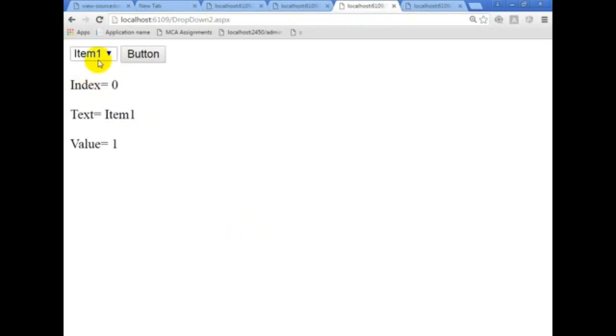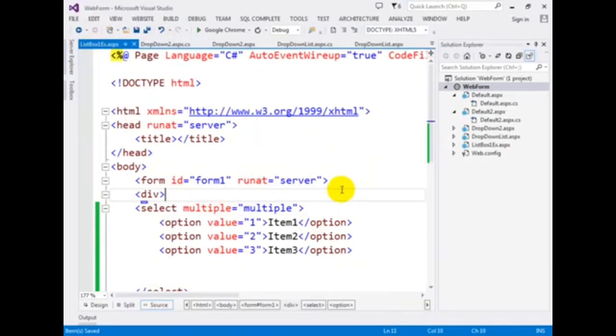Like that, we also have the ready-made control in ASP.NET. Just take the list box control from the toolbox. It will look like this, that is ASP colon list box, which means it is an ASP.NET list box. Then simply right click on the arrow, choose edit items, and you will see the index. Just add the text item 1 and value equal to 1, so that will be your first item, and click on the add button.